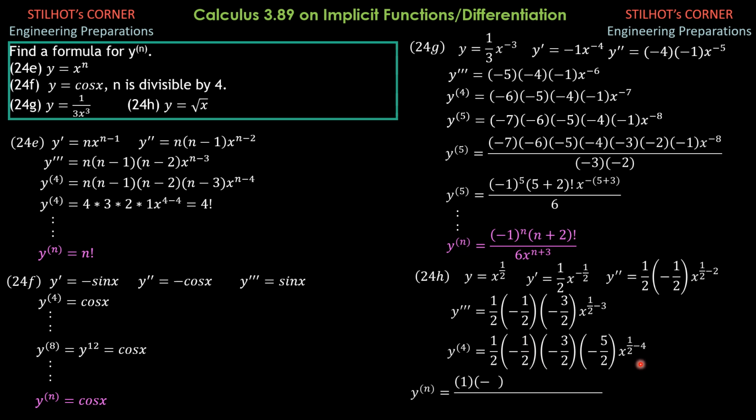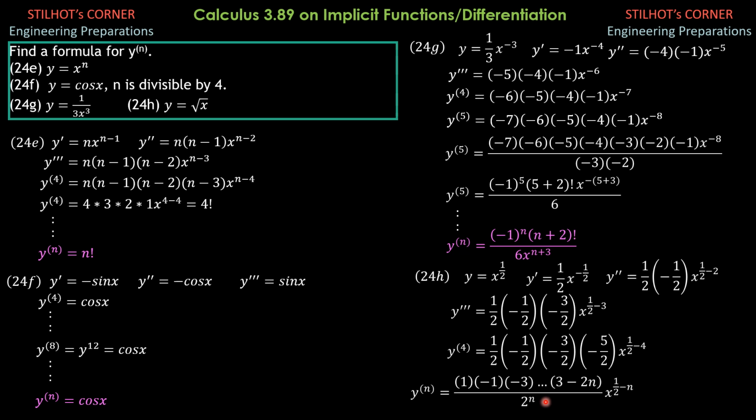y to the n is equal to 1 times negative 1 times negative 3, that we stop at 3 minus 2n over, as explained earlier, the denominator is 2 to the n in general, then 1/2 times x to the power 1/2 minus n. This is negative. We can bring them in the denominator to make the exponent positive. This is x to the 1 minus 2n all over 2. Then we can write that, if we put it in the denominator, as x to the 2n minus 1 all